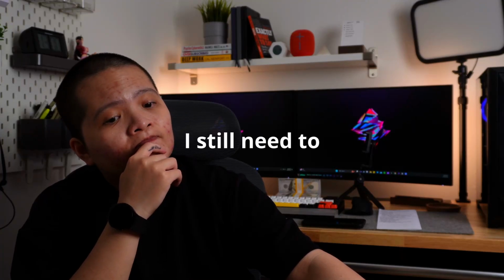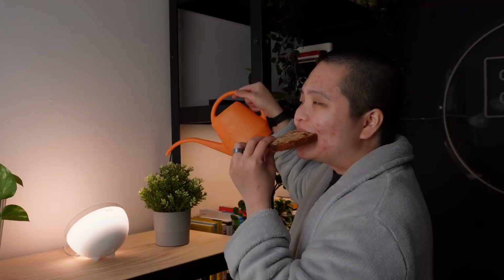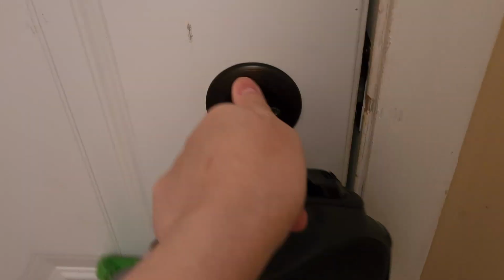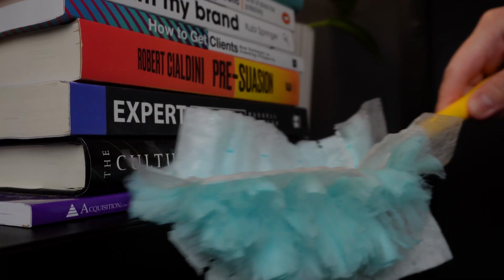You know that feeling when you have a task that needs to be done and suddenly you find 10 different other tasks that you want to take care of right now. The plant is looking a little dry. I better water it. I think the dog needs to go pee. I better go take care of that. The bookshelf is getting a little dusty. Maybe I should clean that too. Suddenly, you become a pro at summoning the energy to do everything except that one thing you are supposed to